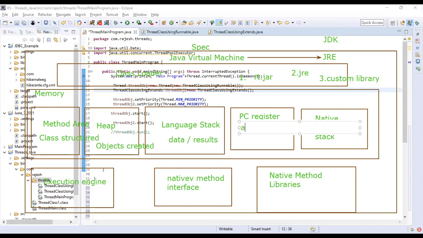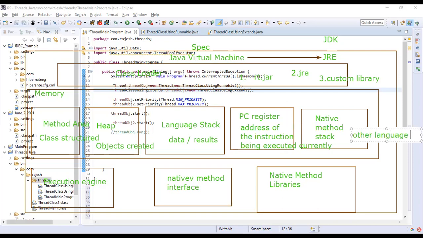PC register: the instruction being executed currently, that is important. Only the latest register address will be stored. And the native stack holds other language code, like C, C++ methods. Okay. Now do you get a high-level picture of what is there in the JVM?